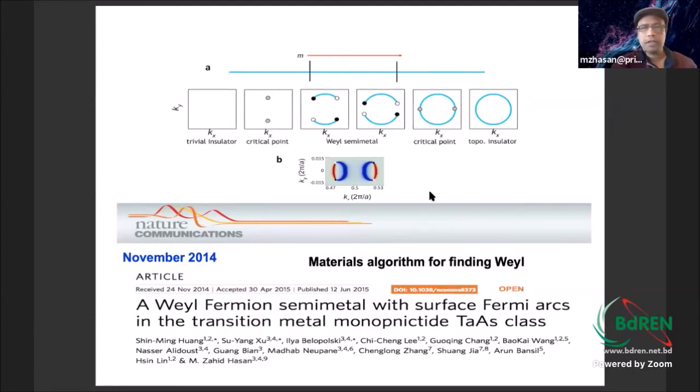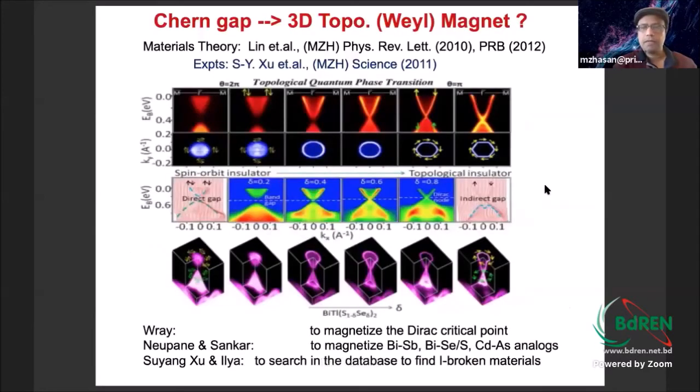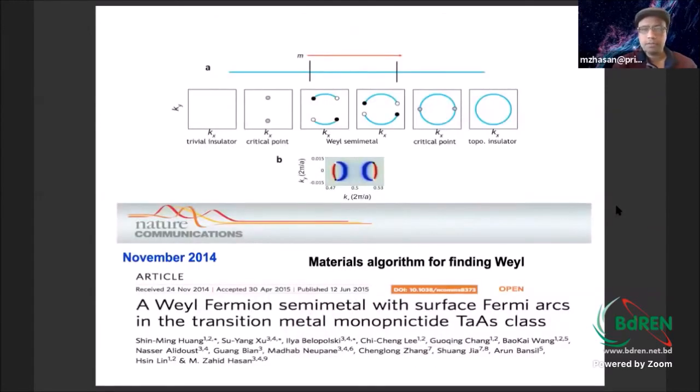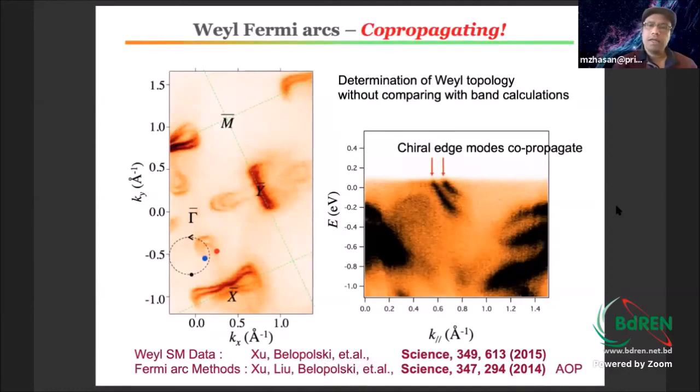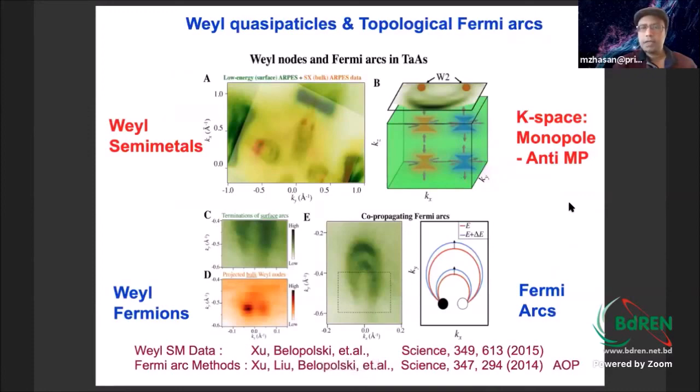This is very, very strange. That has never been seen before. So the algorithm for finding magnetic Weyl came from our topological insulator and topological quantum phase transition ideas. And these three students have played a critical role in conceptually discovering this. Here again, you have to track the chiral edge mode: do chiral edge modes co-propagate? With spectroscopy, this loop cut, we could show that there is a pair of chiral edge modes, and they co-propagate. This is a very strange case, because if chiral edge modes co-propagate, then their projection,